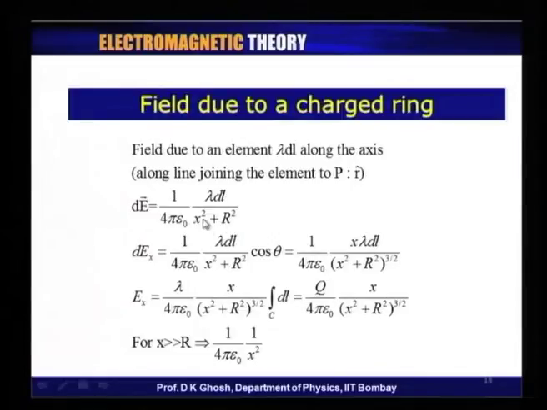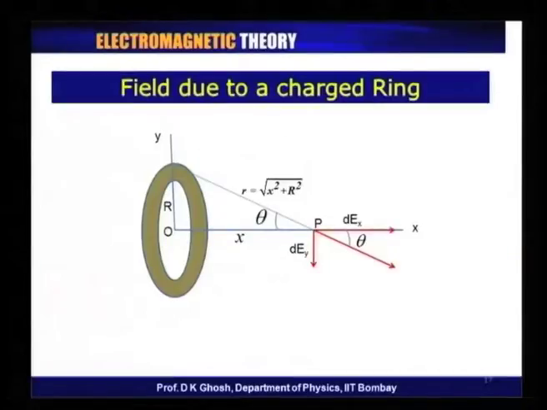Now, remember all the elements, because this is a circle which is perpendicular to the xy plane, cutting the xy plane perpendicular to the x axis. The x axis is the axis of that ring. So, all the elements are located at the same distance from the point P, and that distance is square root of x square plus y square. So, what I get now is the x.